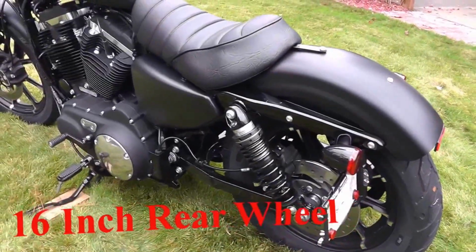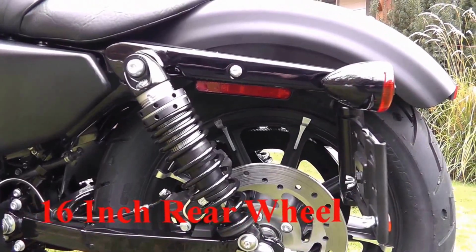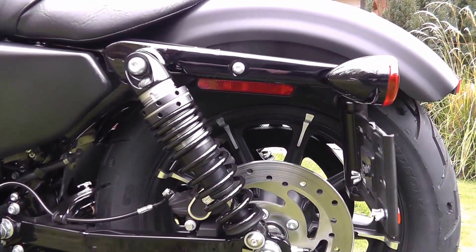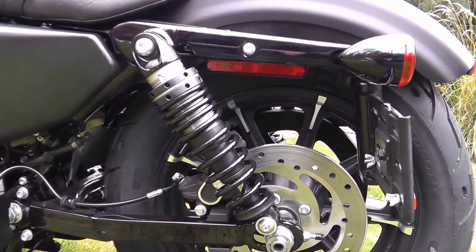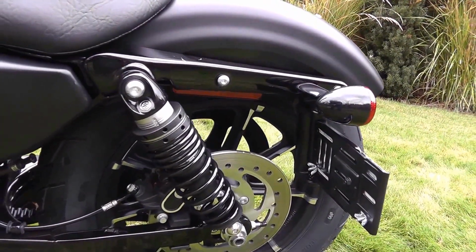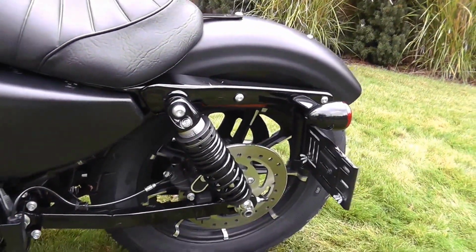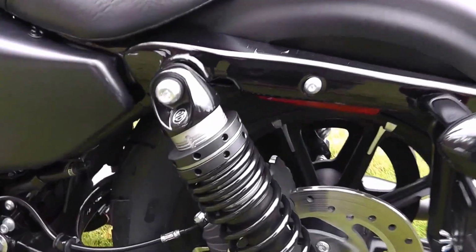Okay, let's talk a little bit about the rear suspension. Mostly the shocks here. The new emulsion technology of oil and air mix in the chambers. The shocks are nitrogen charged. They have 36 millimeter pistons, bathed in a high grade of oil. And now they have adjustable 50 millimeter preload